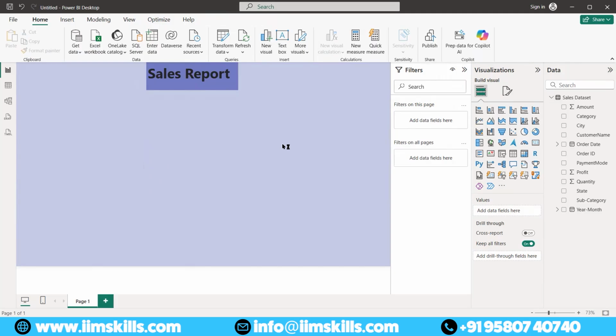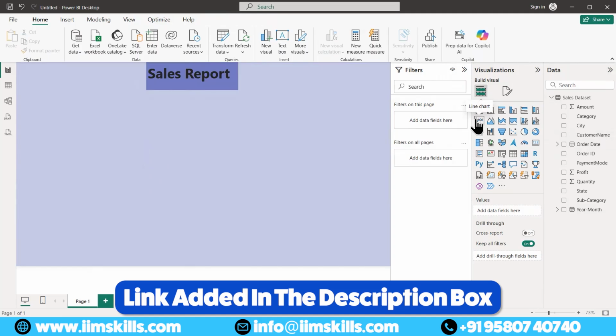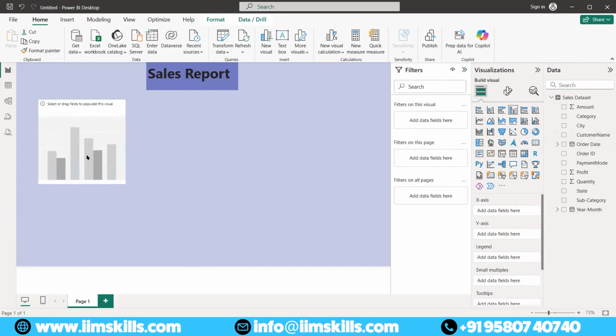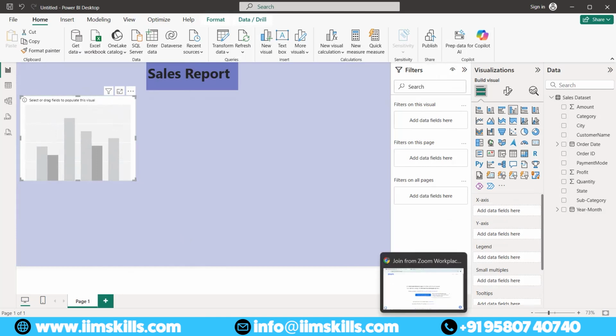Okay, so let's build some very simple visuals: column chart, pie chart, and a line chart maybe. First let's start with the column chart. For any visual that we take, you will get the respective configuration. So x-axis and y-axis. So imagine that you're drawing a